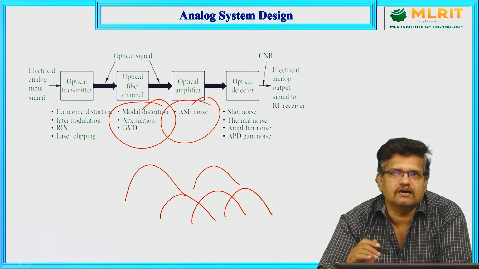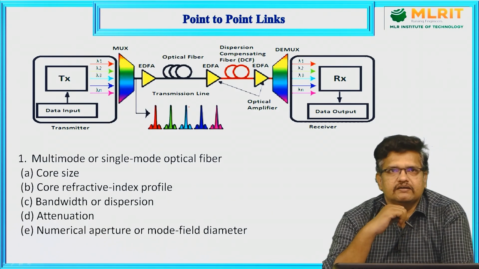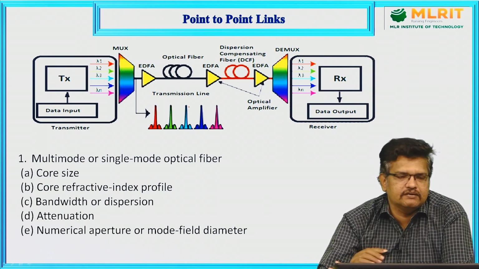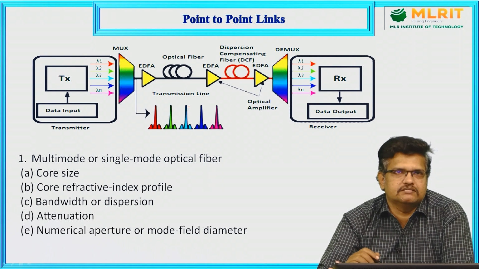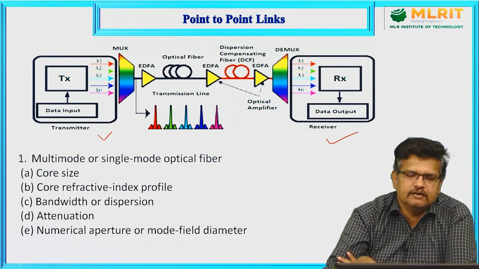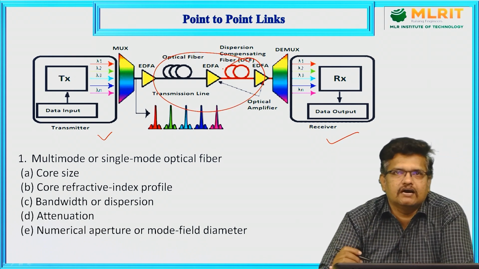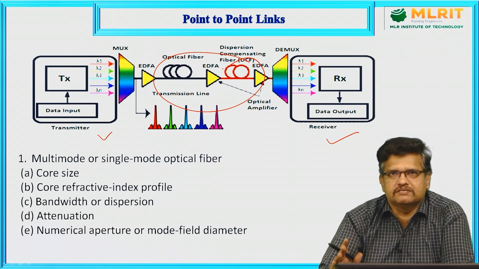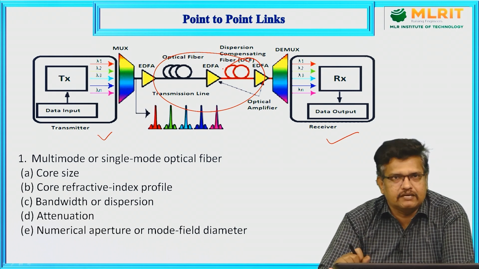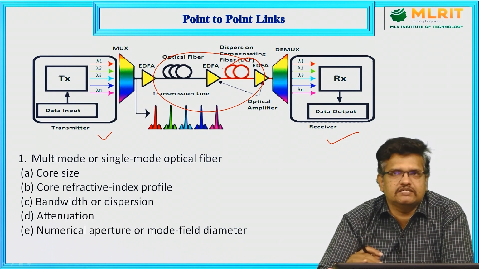So, this is the analog system. Now, the point to point link. In a point to point link, we know that generally in an optical fiber communication system, an optical transmitter and a receiver are there, in between the optical fibers are there, and we can use n number of amplifiers. The main thing in the point to point link is that the designer has to see the constraints,